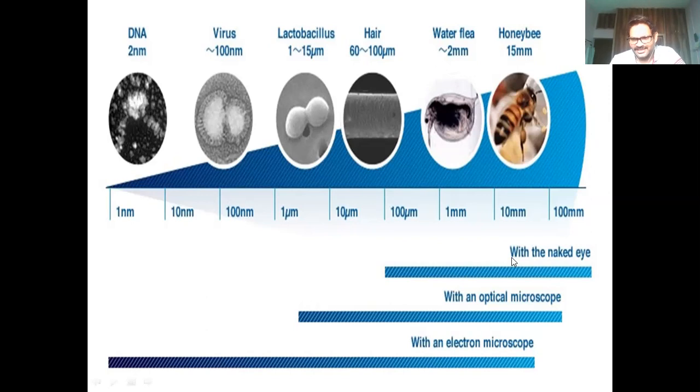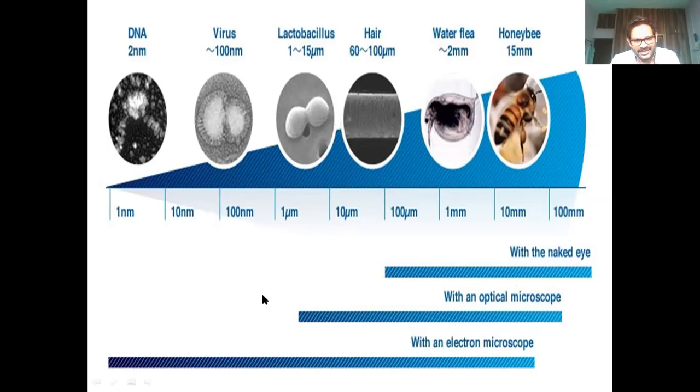The human eye sees the reflected rays from light, and the optical microscope also uses light. The wavelength of visible light is in the range of 350 nanometers to 750 nanometers. So objects within that light range we can see, but below that we cannot. So what can we use to see below 500 nanometers?